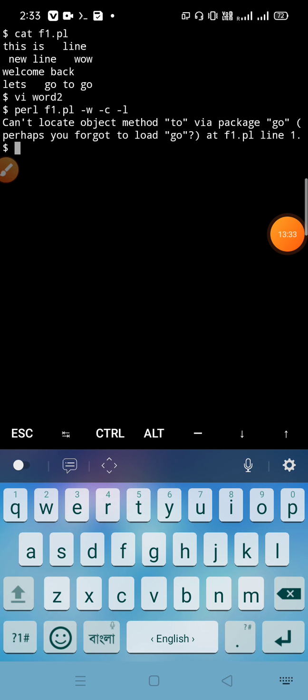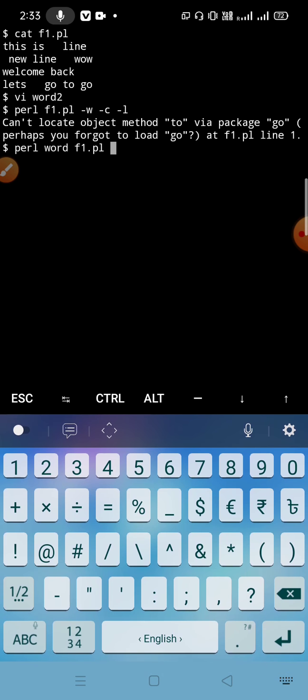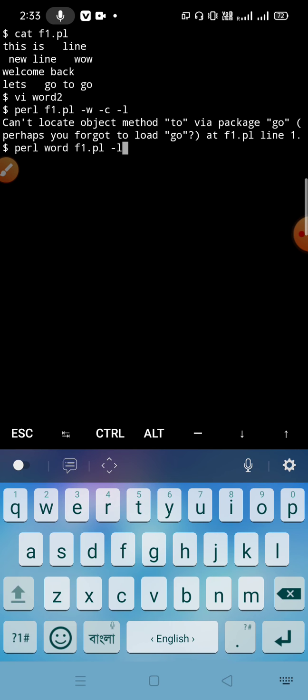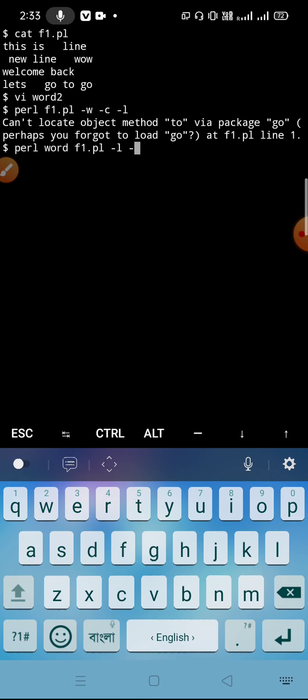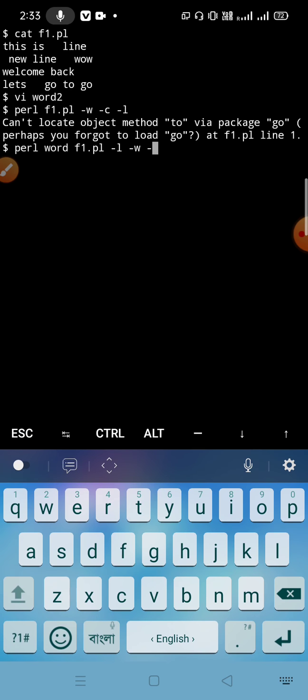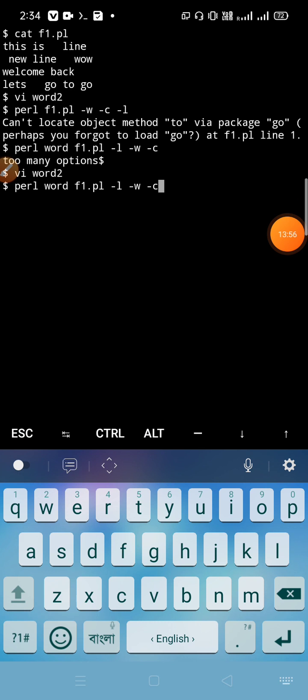So one mistake is here, we have to give our program file name, Perl what, then f1.pl, and we give options, you can give options in any order, -c. It is showing too many options. So the problem is that we have given the wrong file name here, we have to edit that one.